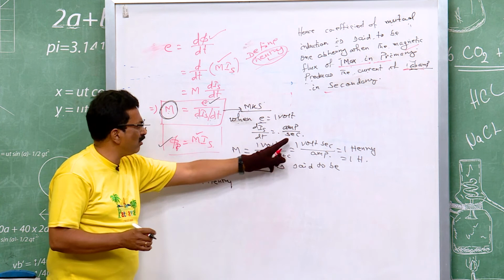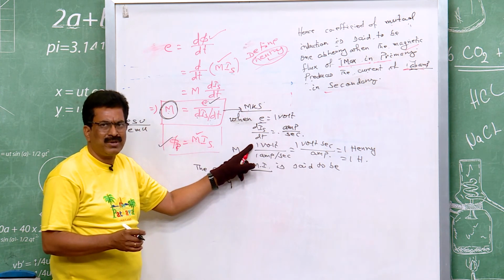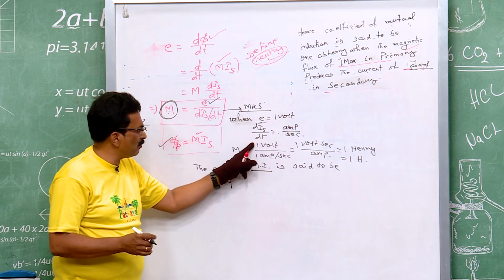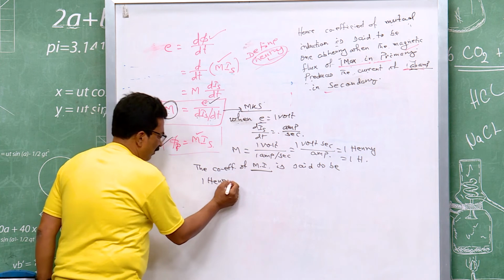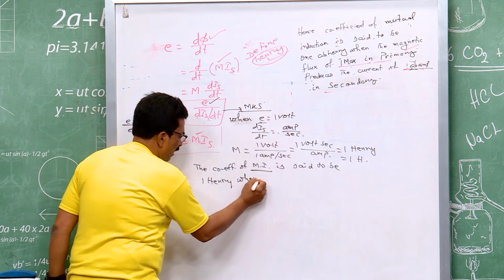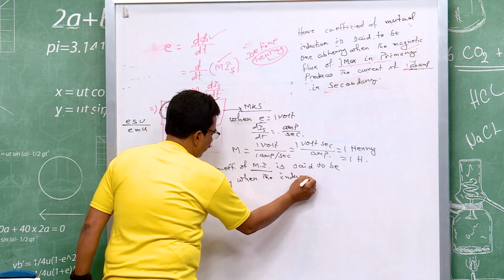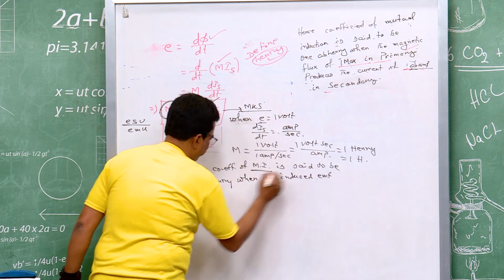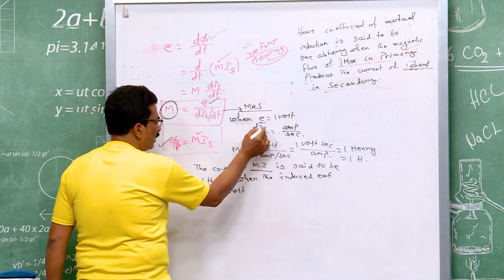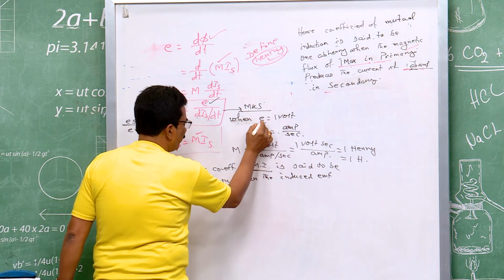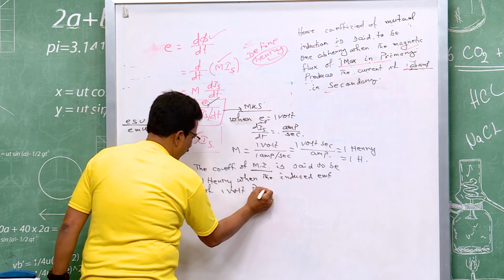So, it is said to be 1 Henry when the potential of 1 volt is produced by a current of 1 ampere per second. So, it is said to be 1 Henry when the induced EMF of 1 volt